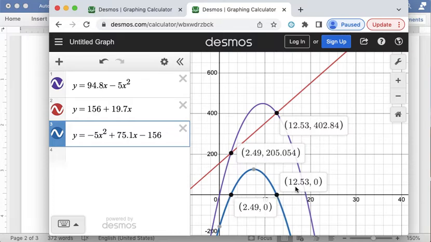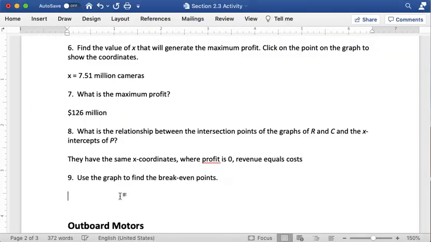If we make 12.53 million cameras, we break even. If we make between those 2 amounts, then we get profit. And if we make less than 2.49, we are losing money, so negative profit. More than 12.53, we're also losing money. So for number 9, I'll put those 2 values in, 2.49, comma